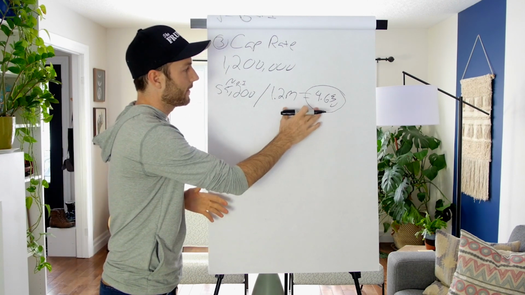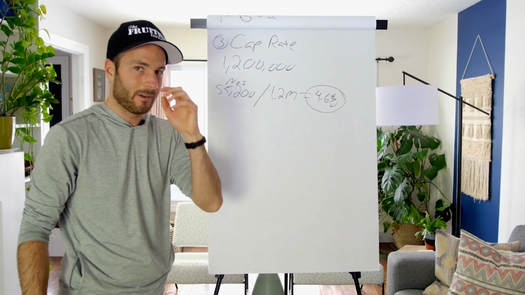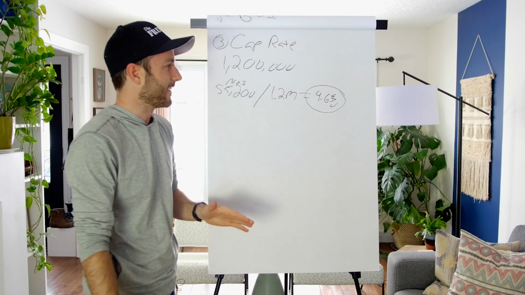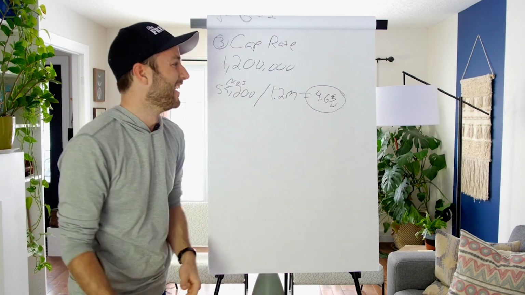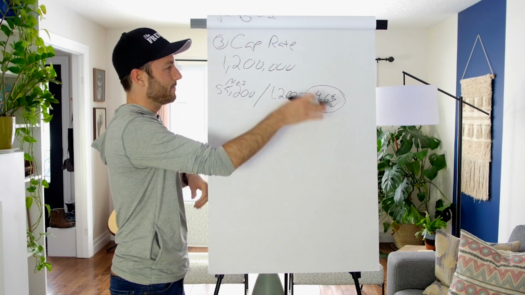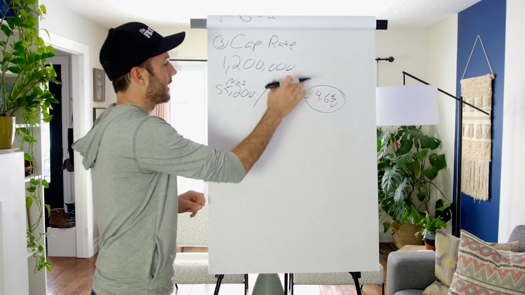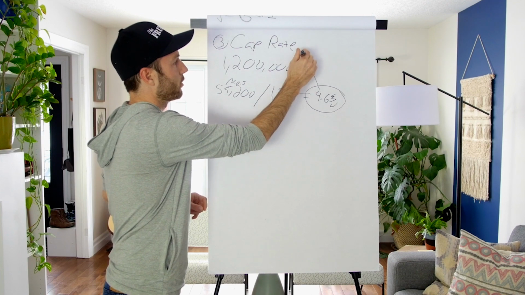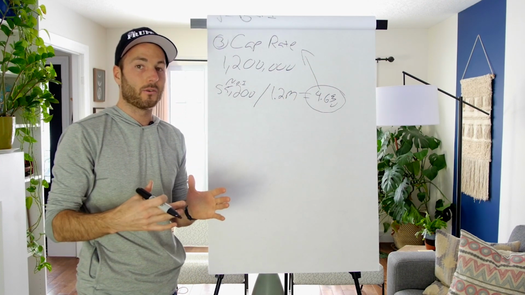So for example, in my area, a 4.6 would be a pretty decent deal. So you might be watching this and be like, man, I'm investing down in Louisiana and we're getting a minimum of 9% cap rates. Good for you. In my area, this is a smoking deal. That's why I'm using these theoretical numbers here. Okay, so that's a cap rate. And this is how mortgage brokers, appraisers, realtors, and investors value buildings.